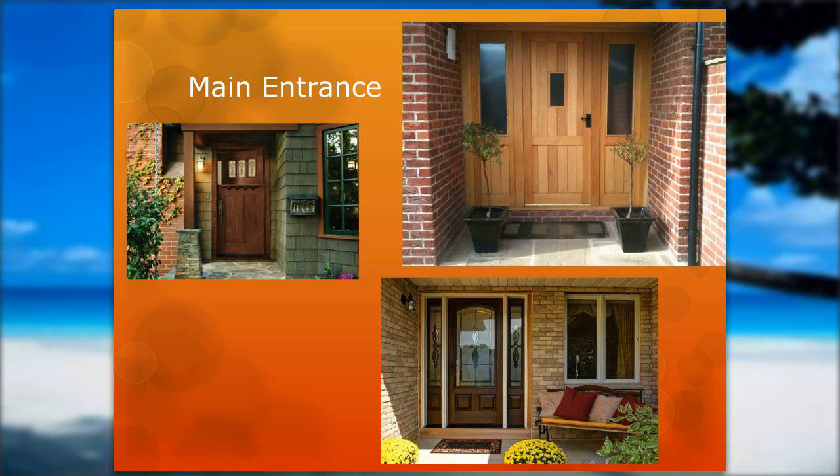Again, the main entrance can be a real positive thing or actually a very negative thing. The picture on the top left has a front door off to the left-hand side of the house. Not everybody wants to come in on the left or the right side. They would prefer to come in the center. It's actually easier to use the bagua in that case too, but consider what you've got in that case. It might not work. Another thing in that picture, before we leave it on the left-hand side, it has a column with some sharp corners coming off of it. It has a sharp corner where the mailbox is. Neither one of those things are positive. They're going to be very hard to cure and soften,